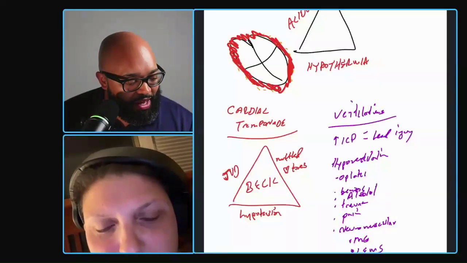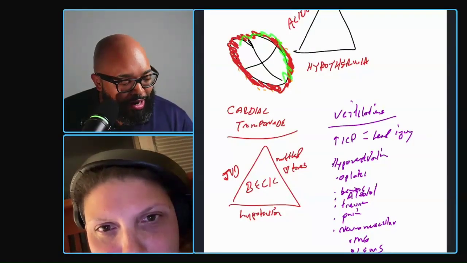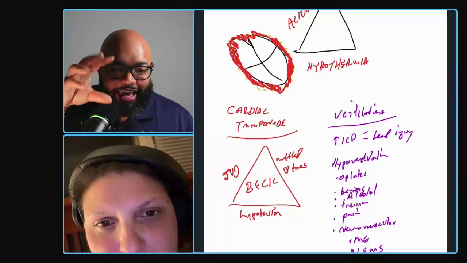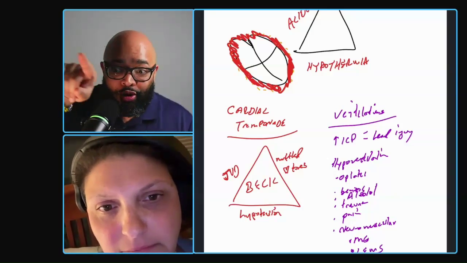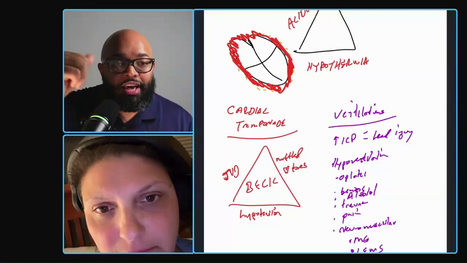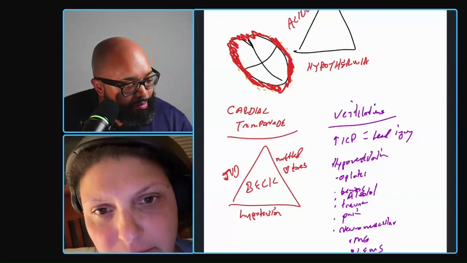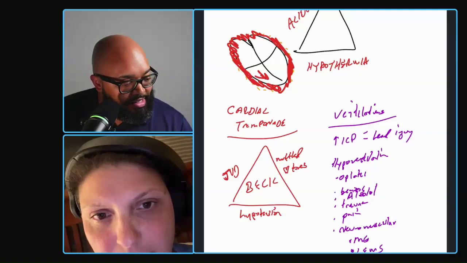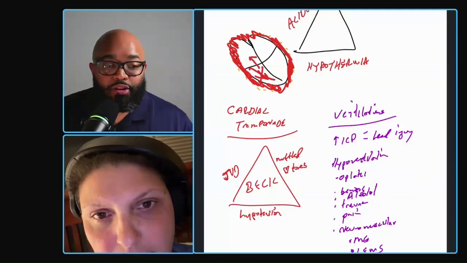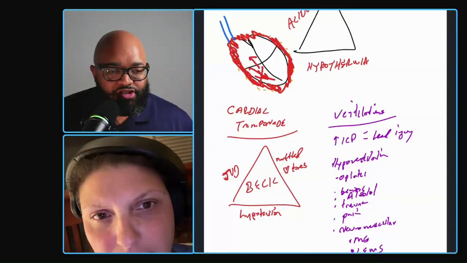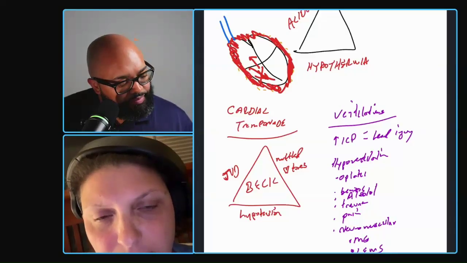It's the backup. It's because when the heart has all this pressure coming from the outside, that prevents the heart from actually contracting properly. And it has to contract for blood to move in the correct direction. But when it cannot contract properly, blood cannot move in the right direction, so it backs back up. So now we're going to have a backup of blood. For instance, let's say blood is supposed to get out of this right ventricle, but instead it can't do it. So it backs back up to the right atrium, and then it backs back up to the neck. And now we have JVD. Okay? That's our JVD.